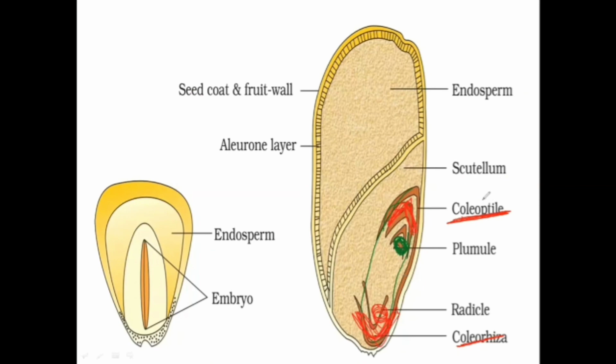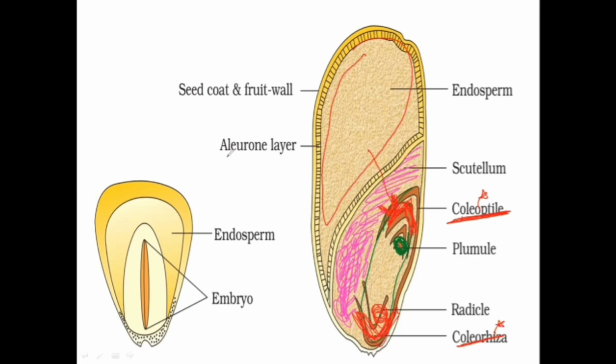Clear? These terms are very, very important for the exam. Now, to this or near to this embryonal axis, what is present? The cotyledon is present, that is named as scutellum. This is the complete cotyledon. Clear? Now, here as I told you, in case of monocots, they will have persistent endosperm. As you can see, this endosperm is very large in size, right? Because it is going to give nutrition to the developing embryo.